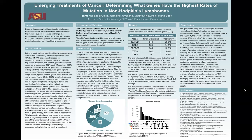In the first step, cBioPortal was used to search for lymphoid cancer studies. Then the B lymphoblastic leukemia lymphoma studies that were selected were acute lymphoblastic leukemia 2015 and 2016 and pediatric acute lymphoid leukemia phase 2. The non-Hodgkin lymphoma studies that were selected were chronic lymphocytic leukemia, diffuse large B-cell lymphoma, and